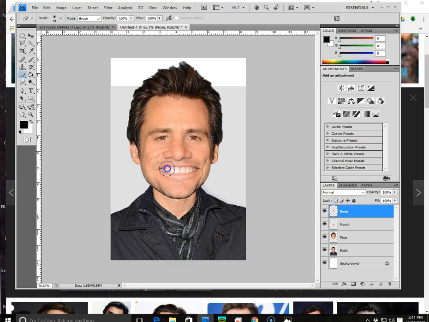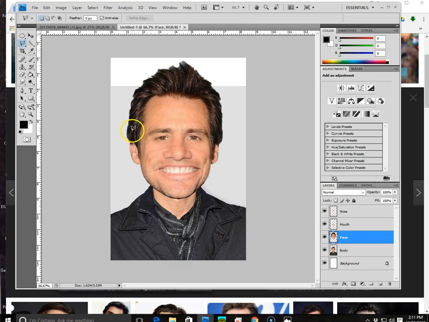Erase. I don't want to go up into the nose at all. Erase around the edges just so that it looks like it's supposed to. And now it looks like he has an enlarged nose on his face too. If I wanted to continue, I would probably make his eyes a little bit smaller, so I'll click back on